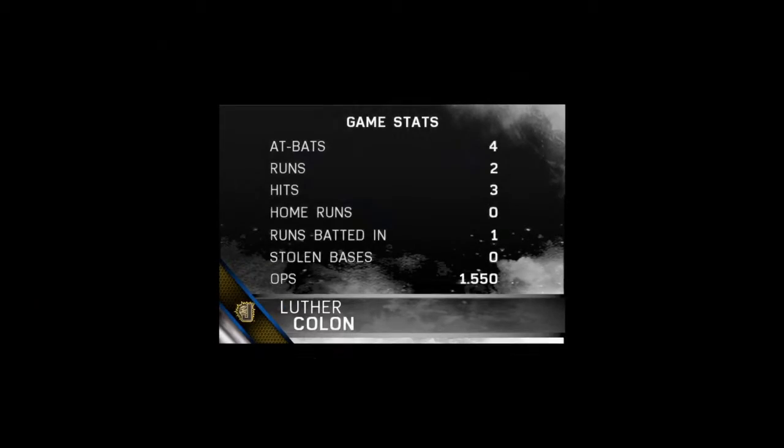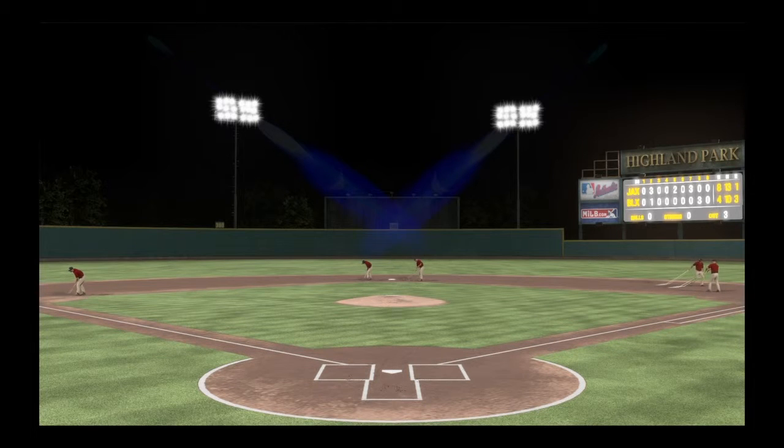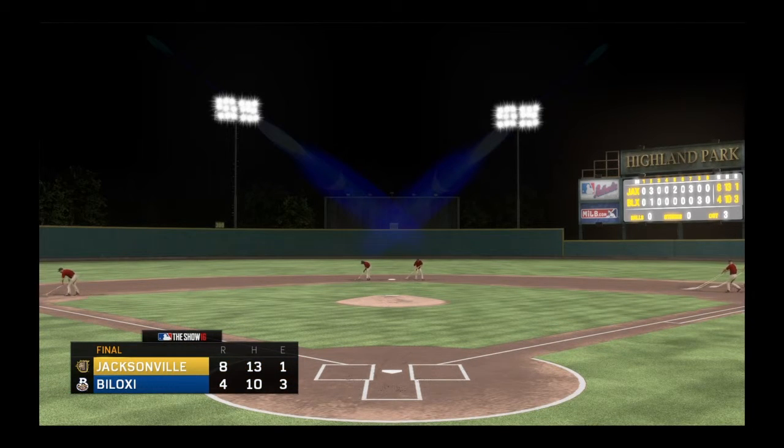And a very good performance offensively for this bunch. But out of everyone, I think we should single out this fellow right here as our